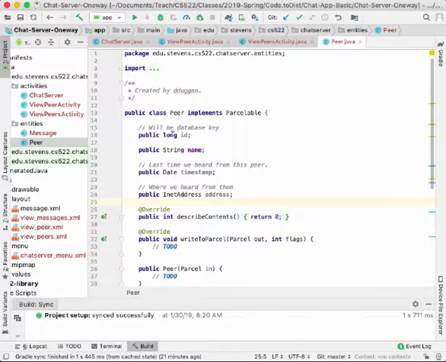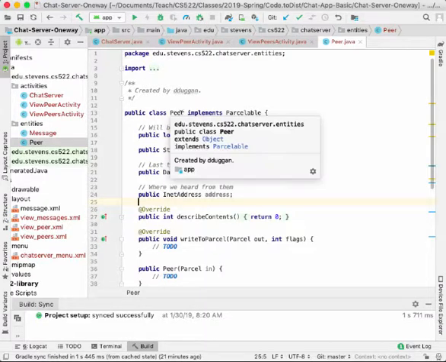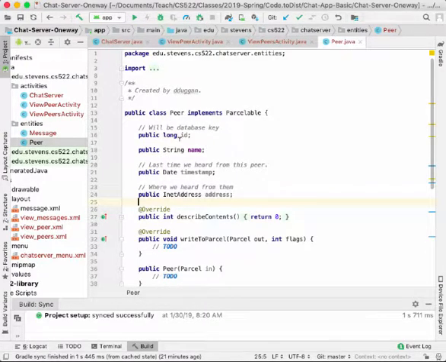Now, this will be using a database in the next assignment. So this is to track the database ID of the peer. Now, the key thing is that a peer entity object must be possible to transmit from one component to the other. The other component may not necessarily be in the same process. We need to pass it as an intent extra. There are other ways in which we need to pass something as data. So how do we package it up in such a way that it may need to move across address spaces? So this is where